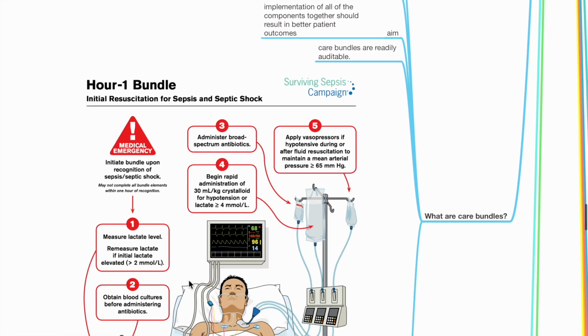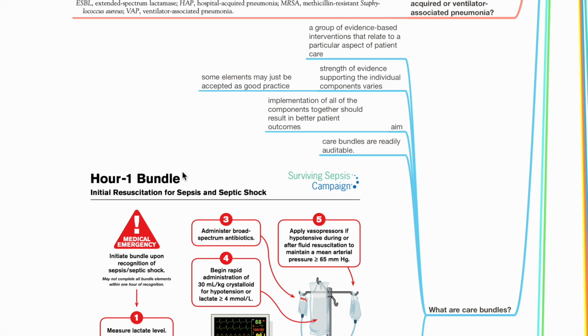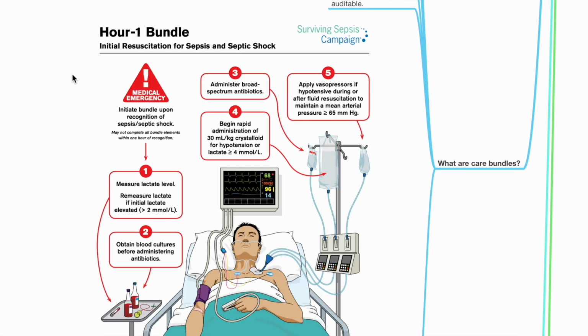What are care bundles? These are a group of evidence-based interventions that relate to a particular aspect of patient care. The strength of evidence supporting the individual components varies. Some elements may just be accepted as good practice. The aim of care bundles is that implementation of all the components together should result in better patient outcomes. Care bundles are readily auditable. Examples of care bundles include the VAP bundle as mentioned previously, the Hour-1 bundle for initial resuscitation of sepsis